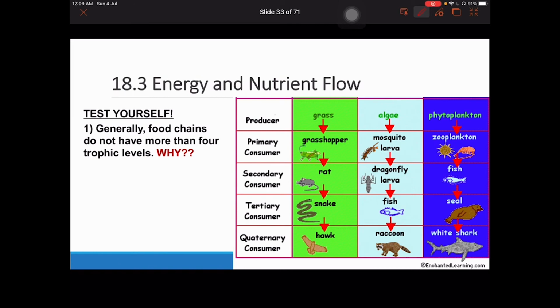I would like you guys to think about why exactly this is the case. Over here, I have 3 sets of food chains, and each of them has 5 trophic levels. These are levels 1, 2, 3, 4, 5. But in the real world, it's really quite tough to find a food chain that has so many trophic levels. Usually it has a max of 4 only. But what could be the reason why?